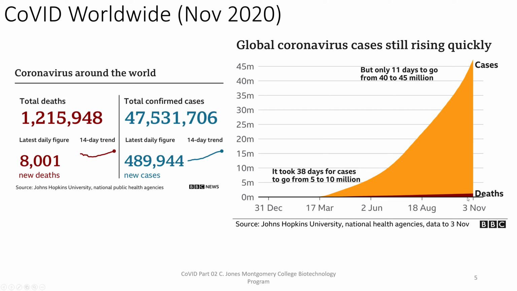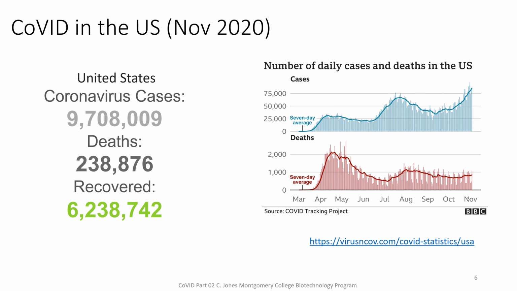Now, make no mistake, it's tragic that anyone dies from this disease. But the fact is, as we talk about better treatments, fewer people are dying when they get the disease, even if they go into the hospital. To focus more in on the U.S., almost 10 million people in the United States have tested positive for COVID. We have 240,000 deaths, but look, 6.2 million people have recovered.